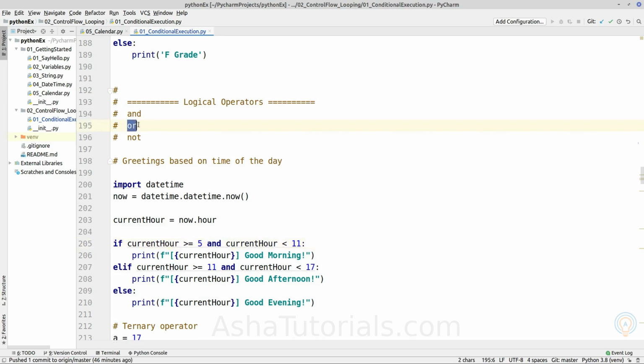And for OR, if any of the expressions gets evaluated as true, the whole thing will be evaluated as true, and NOT will negate the outcome of the given expression. Okay,